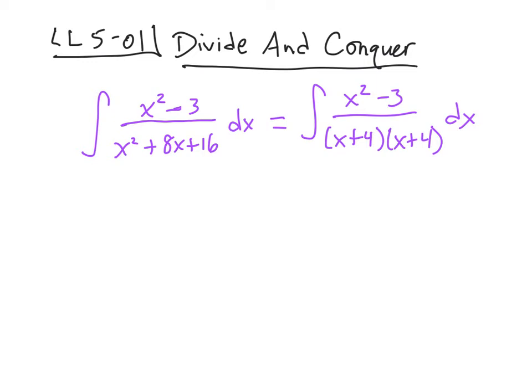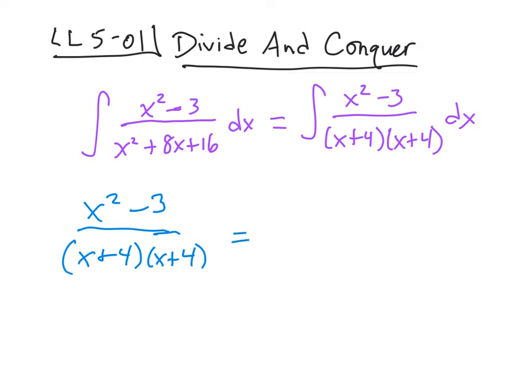And you might go ahead and set out to rewrite. Let's change colors here. There we go. You might ask yourself, could we write (x squared minus 3) over (x plus 4) in the form a over (x plus 4), that's the first factor, plus b over (x plus 4)? You might ask whether there are constants a and b for which those two functions are exactly the same. Well, if we add the two fractions on the right, we get